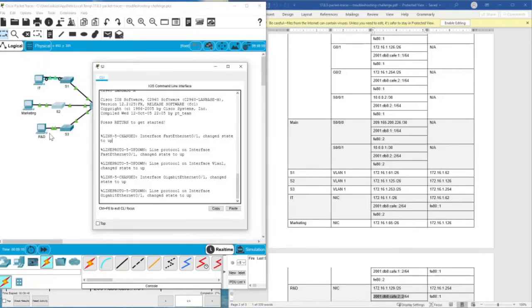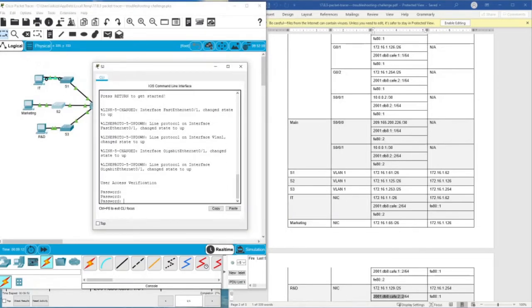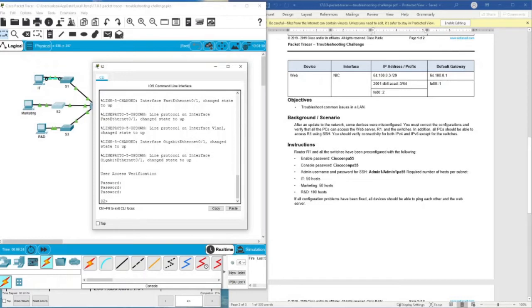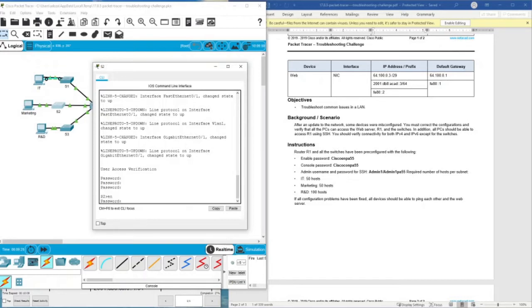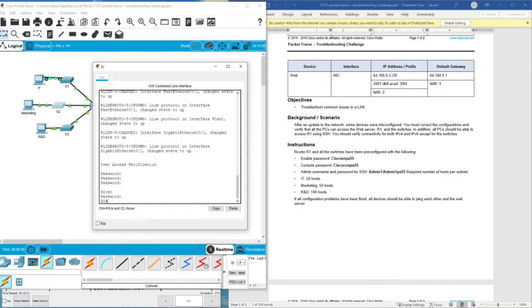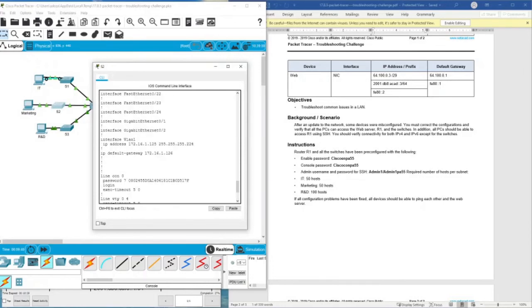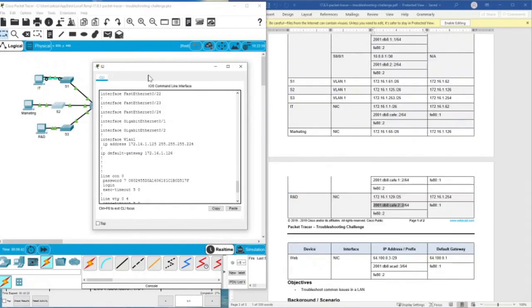In this case, I'm using this terminal directly. So Cisco, enable, and then Cisco ENPA55. I logged in successfully, and then show running configuration as well. Let's check the IP addresses for the VLAN. It's S2, so